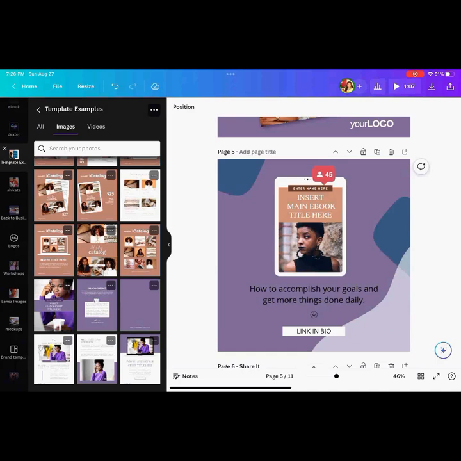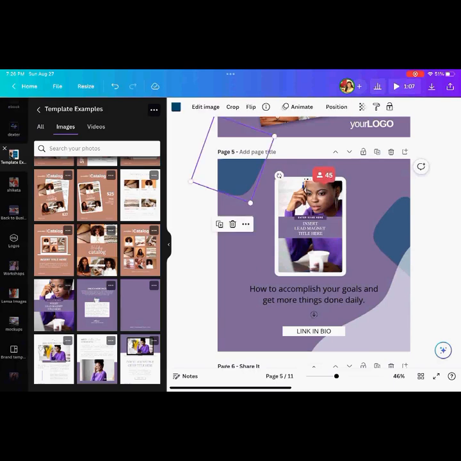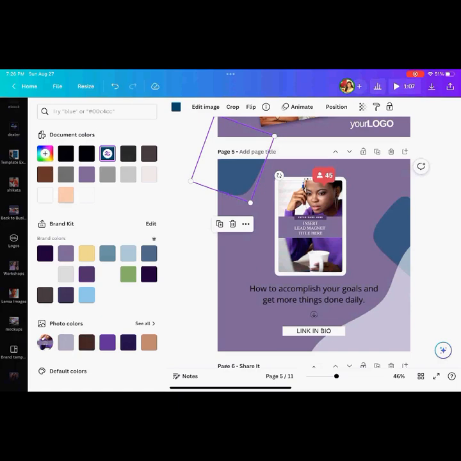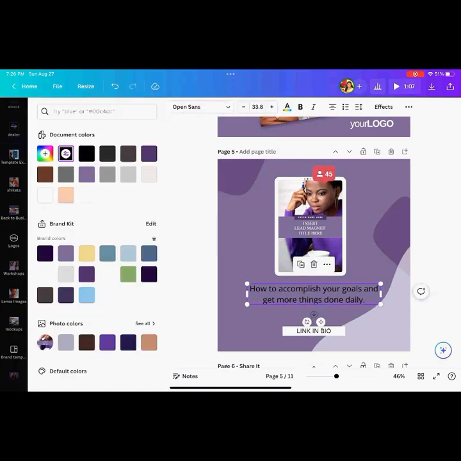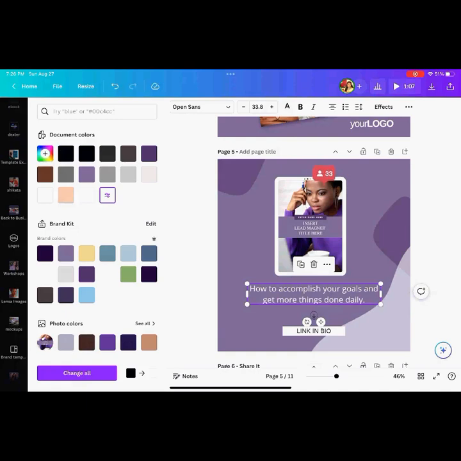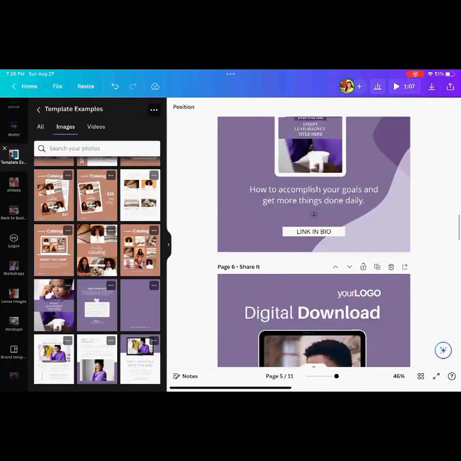Let's say, for example, you've created some type of a toolkit or a lead magnet. You can use this one. I'm going to change this blue out as well. Maybe do a darker purple combination, but you can opt to do whatever you like with these templates. Okay?